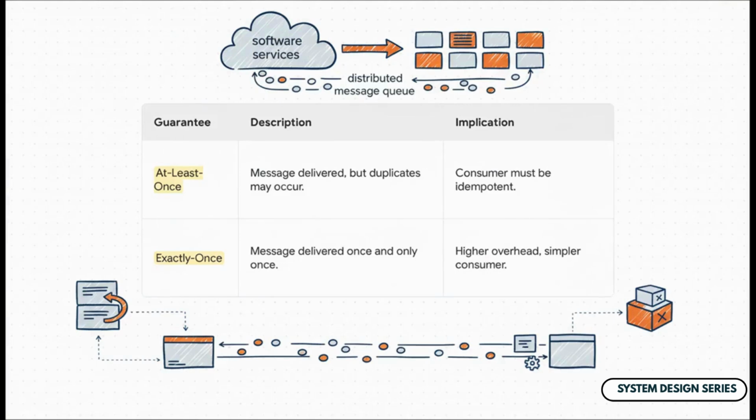And this brings us to a huge trade-off. Most systems you'll encounter give you at-least-once delivery. This is great. It guarantees your message will get there. But it also means it might get there more than once. Imagine a consumer processes a message, but crashes right before it can send that ACK. The broker will think it failed and will just redeliver it. Now, the holy grail is exactly-once delivery, but that often comes with a big performance penalty. So you really have to think about whether you need it.